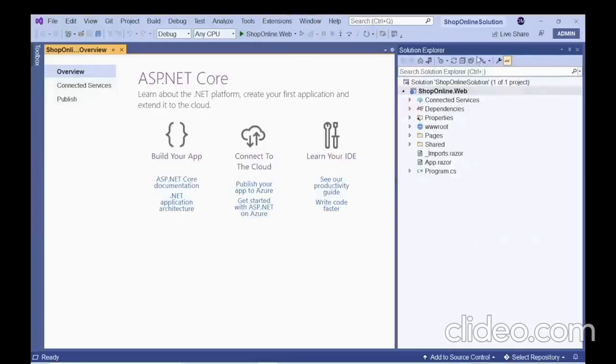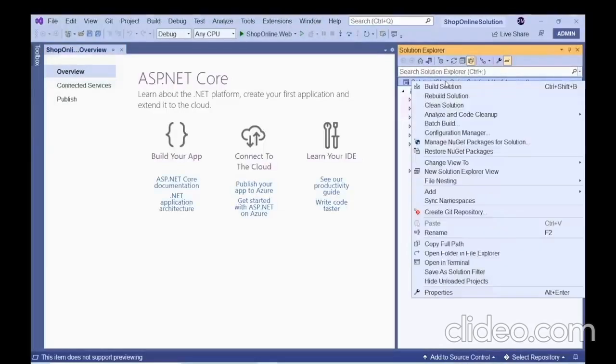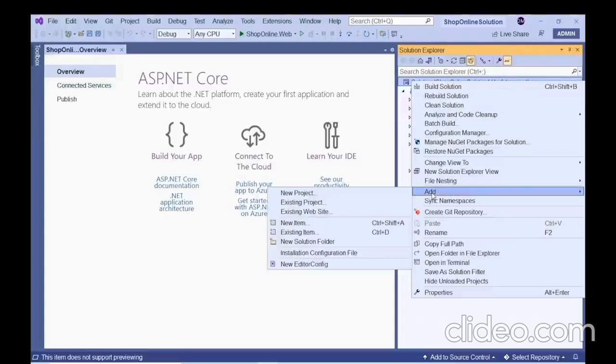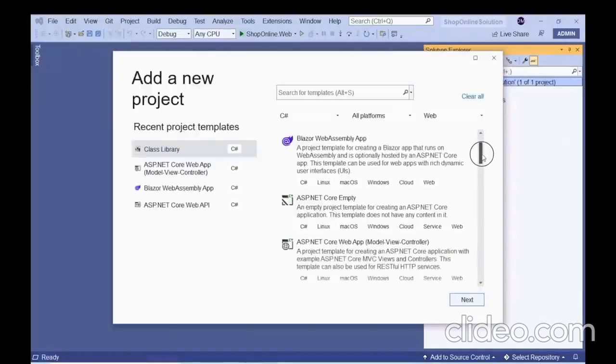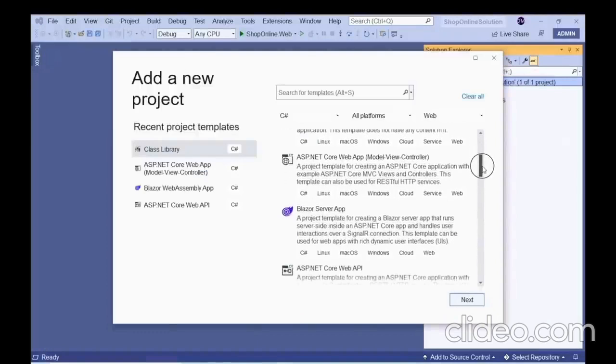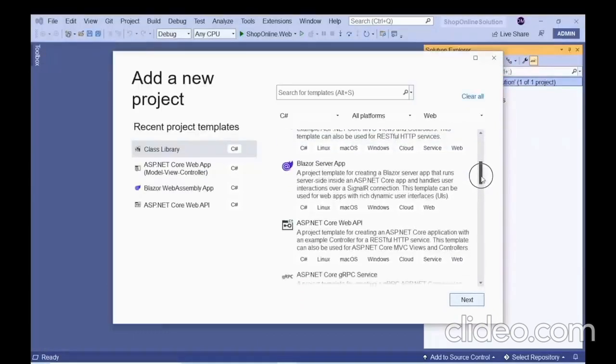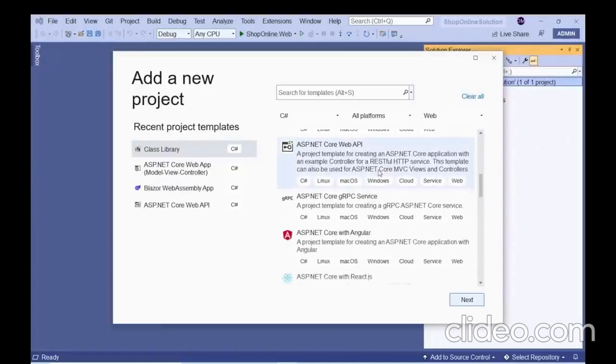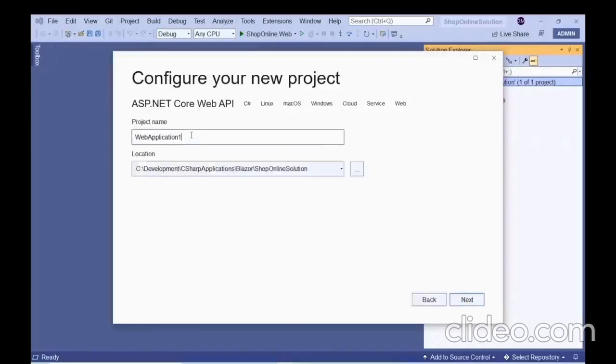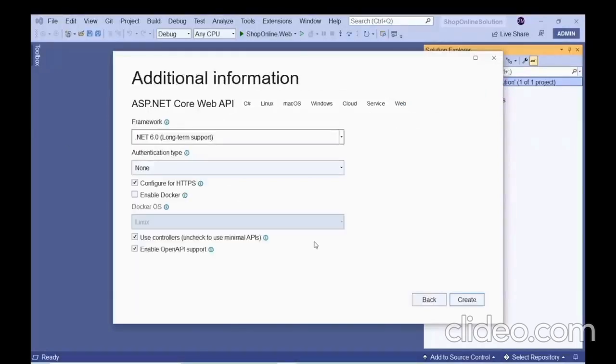Great. Let's add a new project to our solution where we'll create our RESTful Web API functionality. So let's ensure that we choose the correct project template. Let's name our project shoponline.api. Notice that for the authentication type, we are choosing none. We are not going to implement membership functionality, which of course includes login and registration functionality. We'll focus purely on the shopping cart